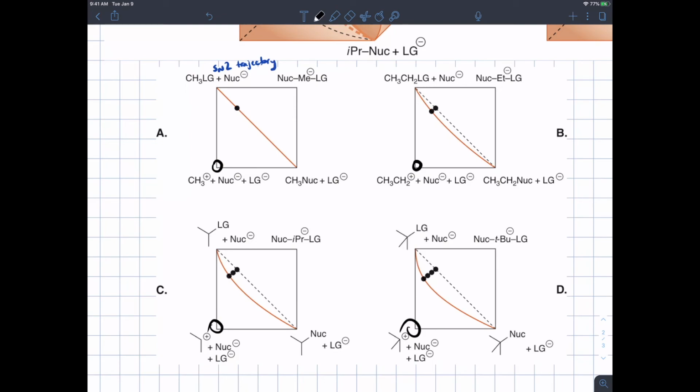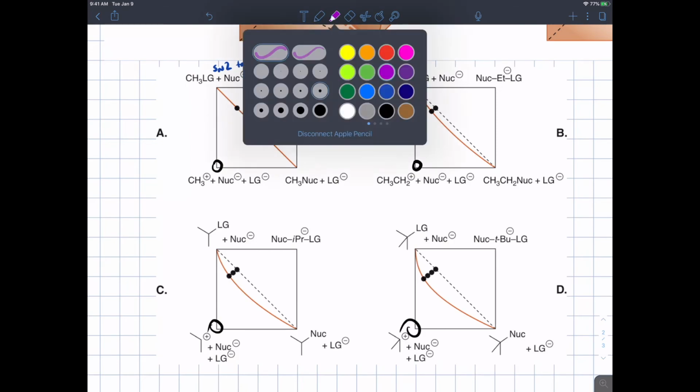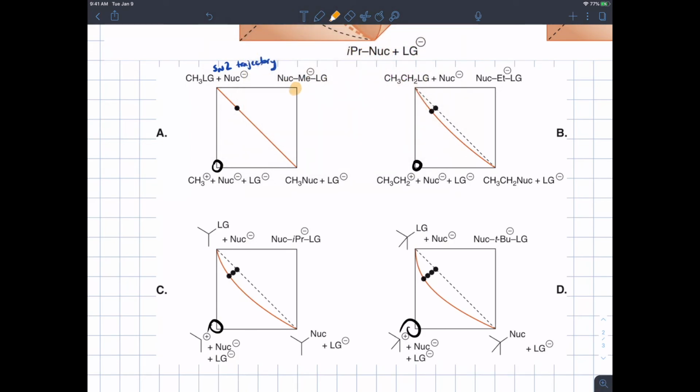So if, for example, you make changes at these points that are off the diagonal, these two corners, if you were to stabilize the lower left-hand corner, I'll put a down arrow there, meaning we're pushing the potential energy surface down in that direction. That will pull the transition state in a direction perpendicular to the diagonal,